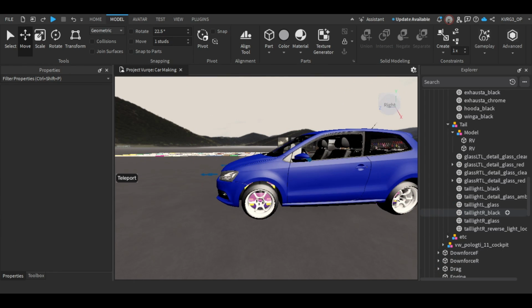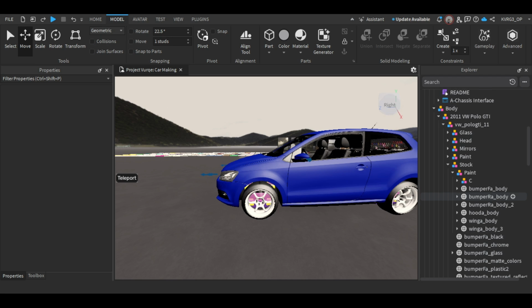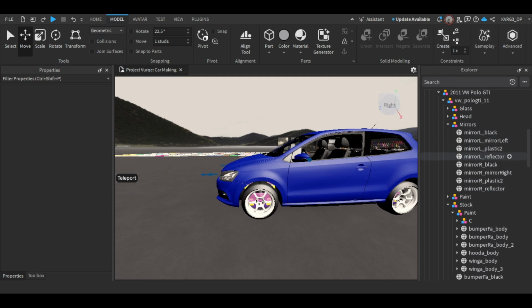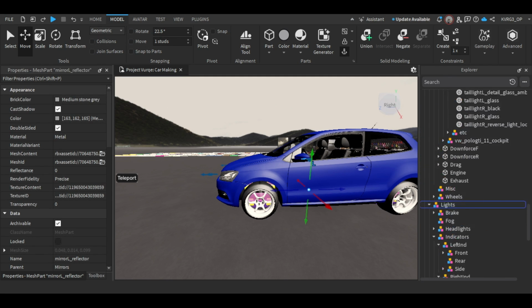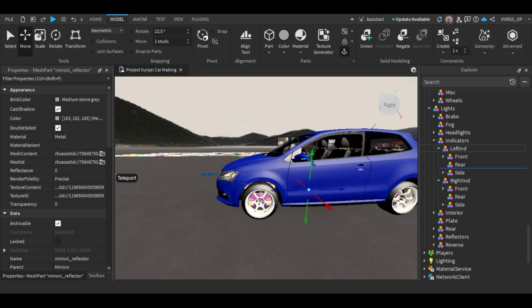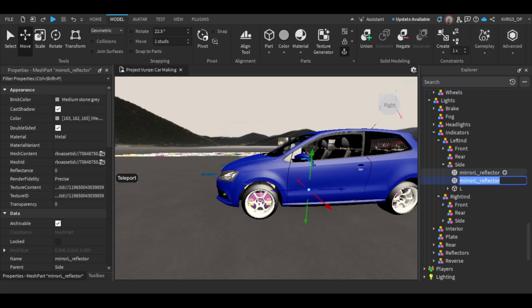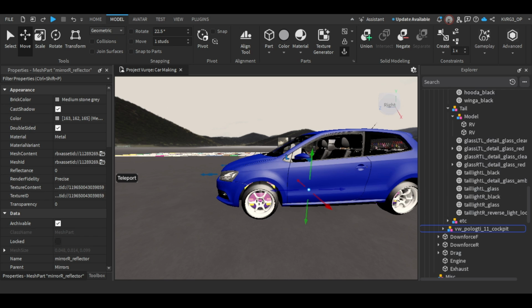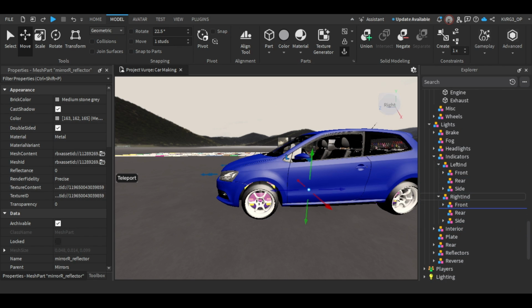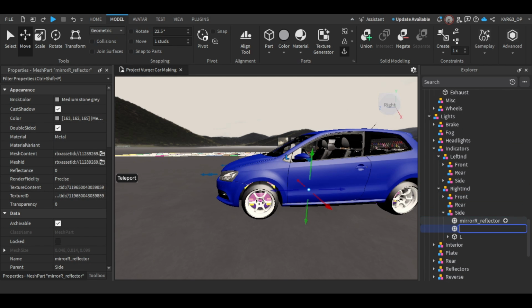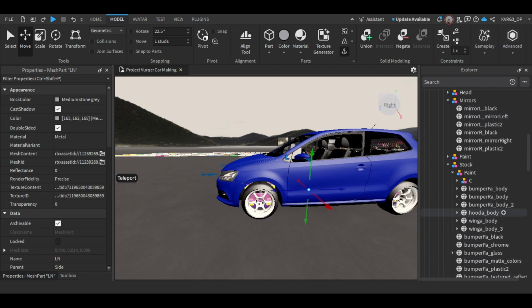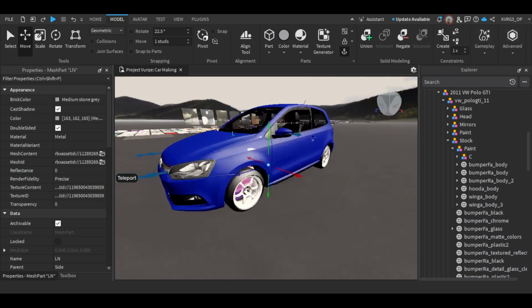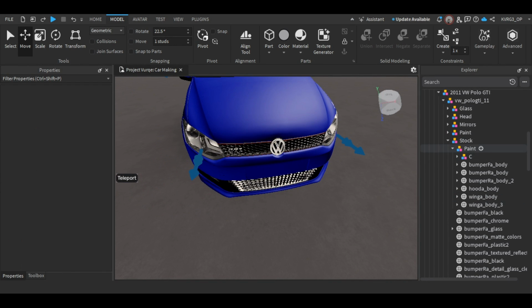Now we go to our side. Mirrors, reflect the left, take it to our left side indicator, Control D, LN, go to mirror again, mirror R reflector, and you just do the same thing. Okay, now we go to our fronts,